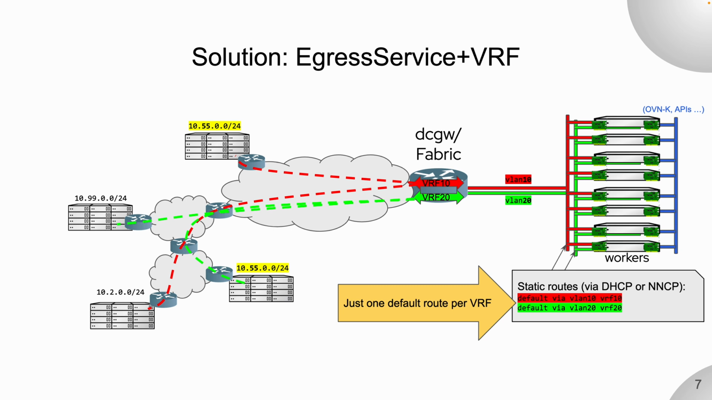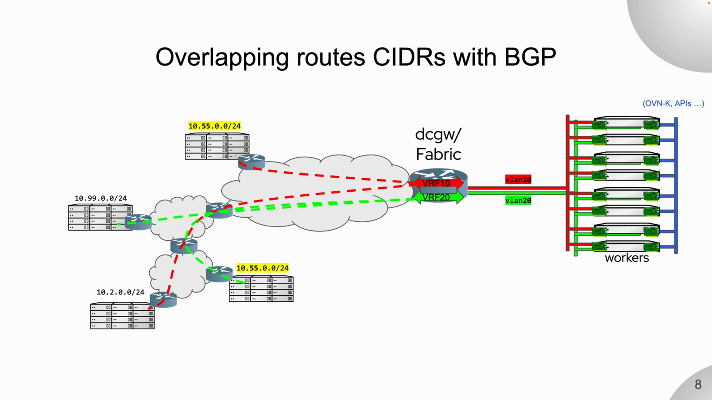So yeah, EgressService+VRF is solving both the overlapping CIDR and the static routes update by pushing one default route per VRF and ensuring that on the Linux host you have a strong isolation between the two VRFs. So all of the packets that should go through VLAN 10 and VRF 20 go to this VLAN and not to that VLAN. So I'm going to deep dive on how it's working on the OpenShift node. But one thing I want to add is